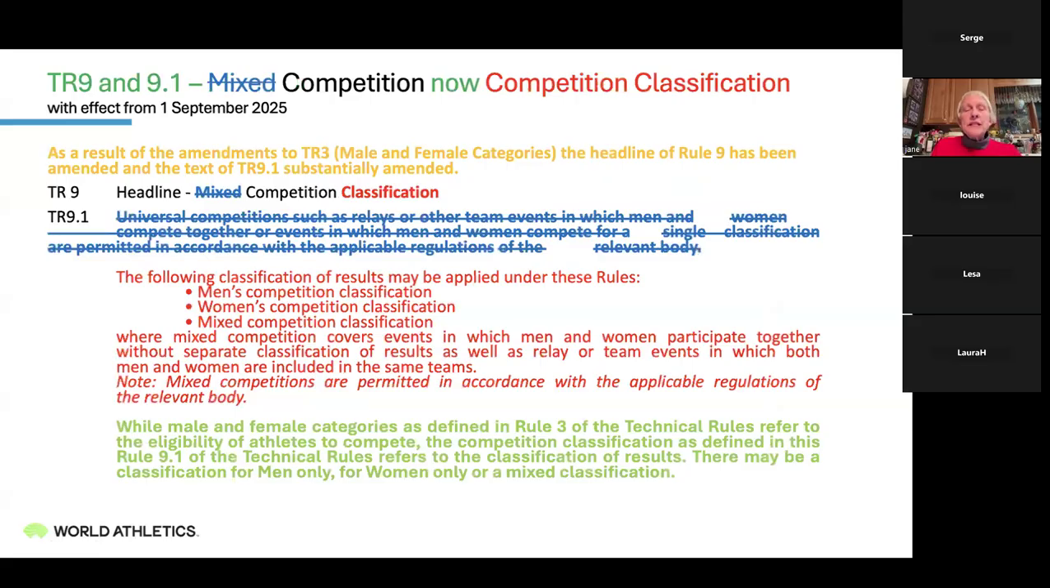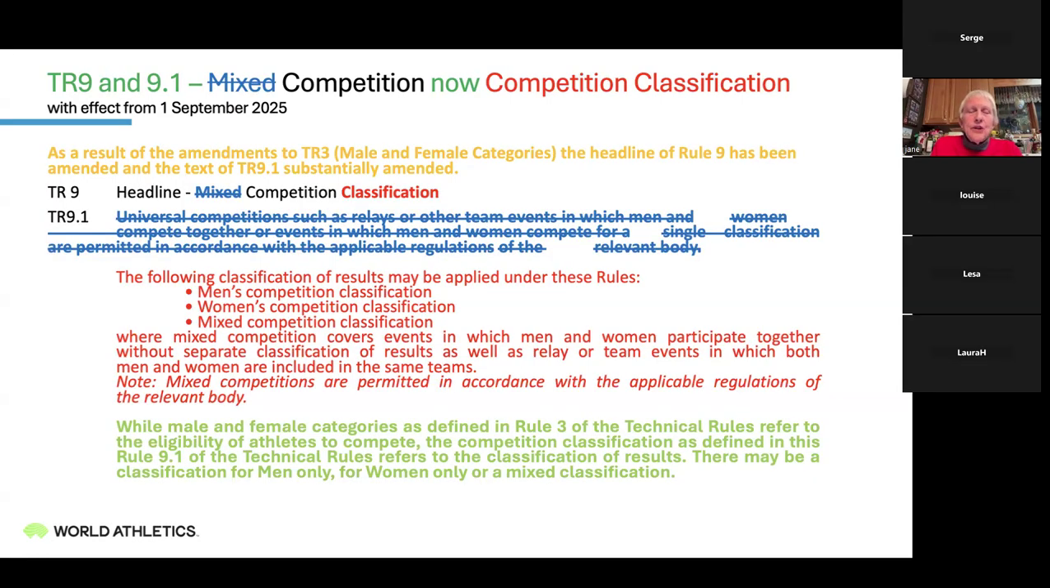All right, this is simply changing names of things due to transgender and the definitions of males and females in the World Athletics Rulebook. Okay? So the TR3, which is a male and a female category, have been amended. So therefore,